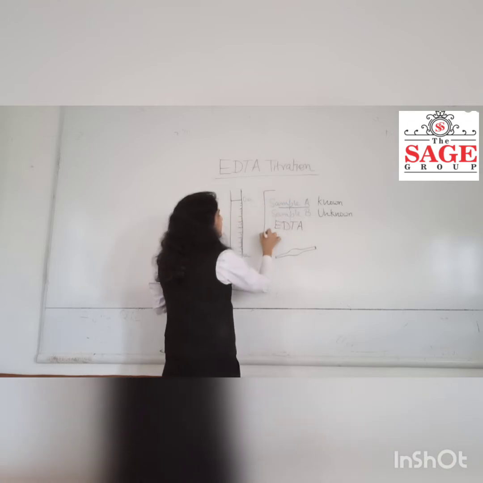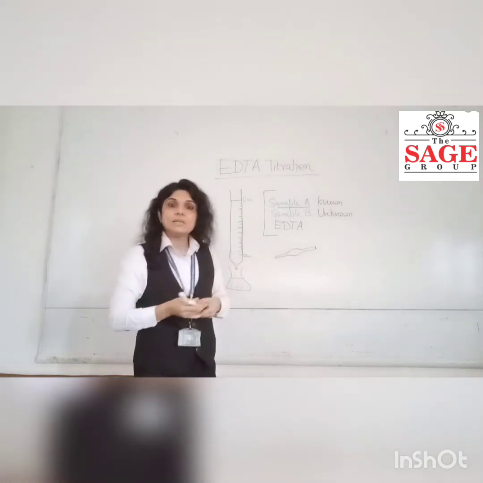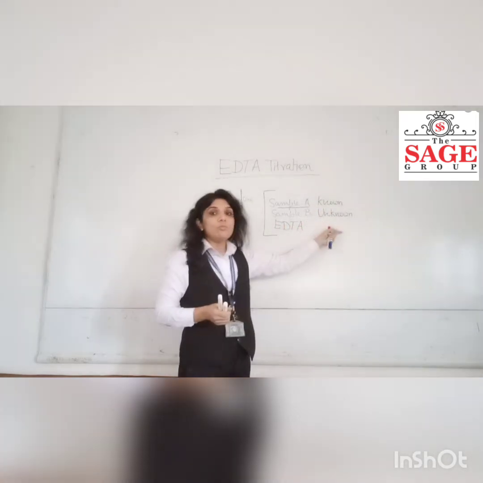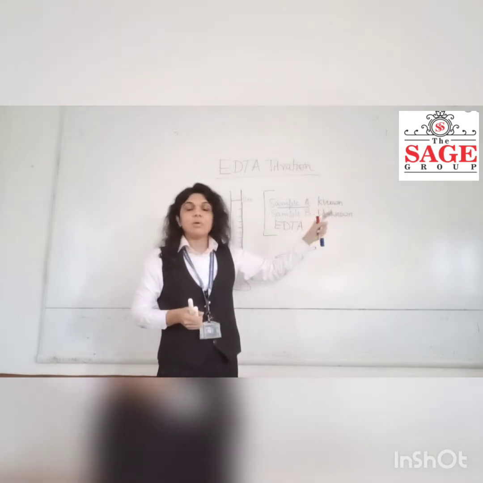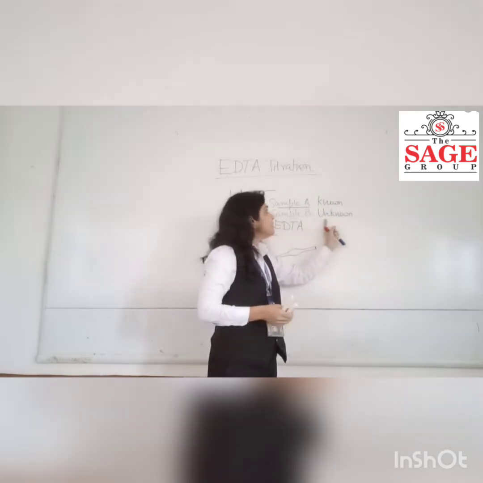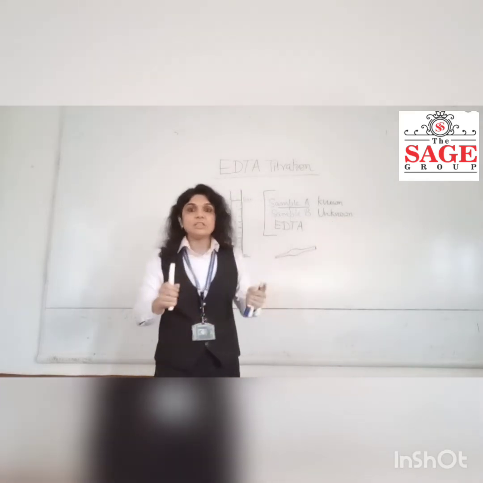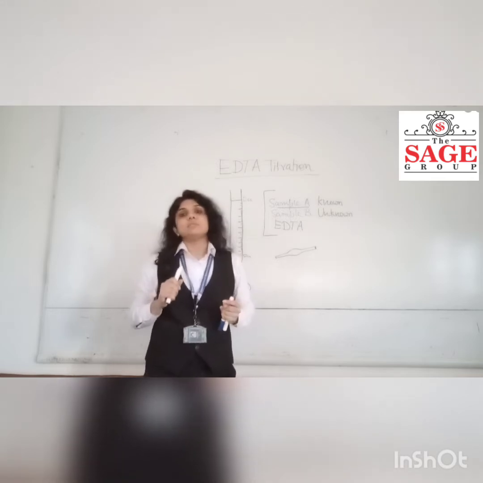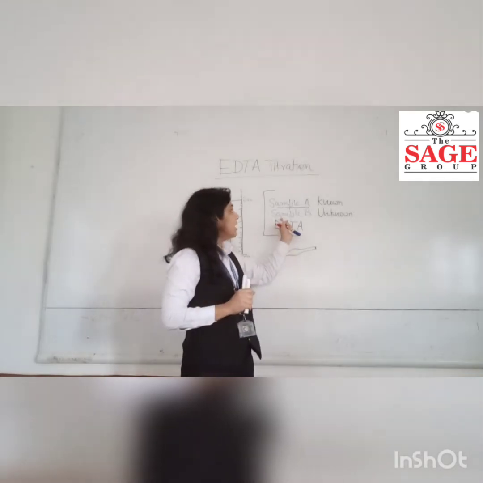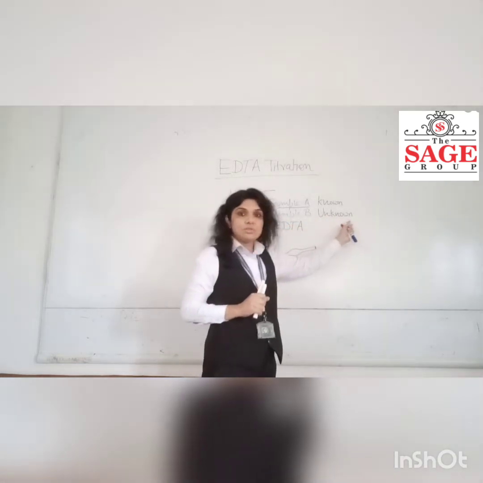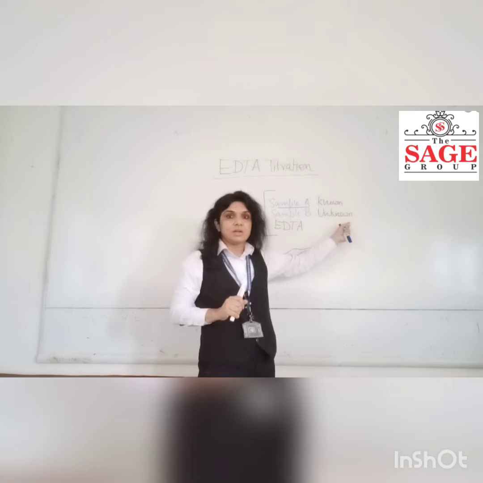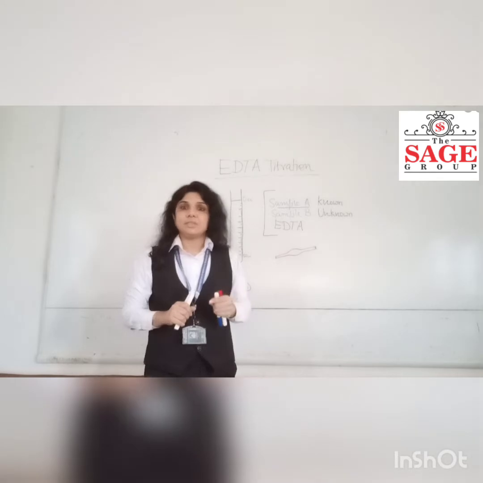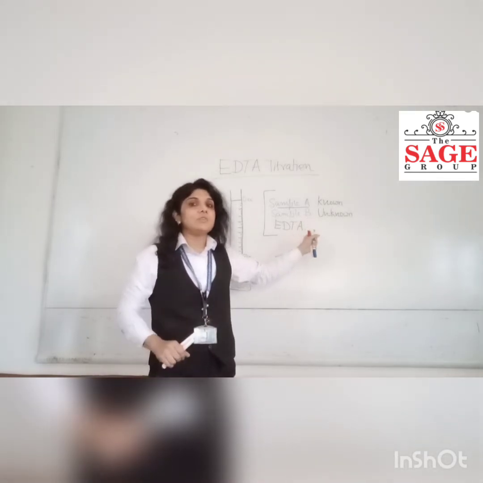From these three things we will be doing our titration. What are the three things? Sample A, that is a known water solution given to you. Sample B is an unknown water solution, and ultimately our aim is to find out the strength of this unknown sample B. Strength means after doing the titration you will know the hardness present in the solution. So our aim is to find out the strength, or you can say hardness, of this unknown solution, and with the help of EDTA, which is the titrant here, we will find it out.